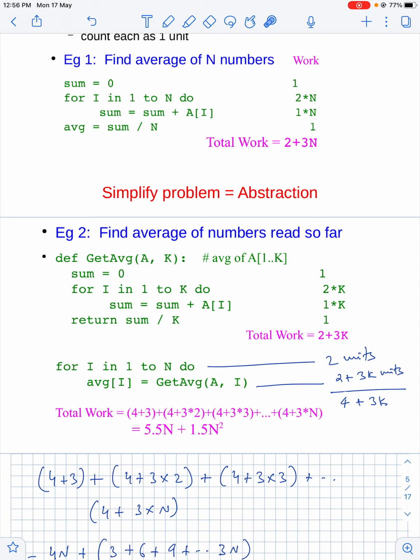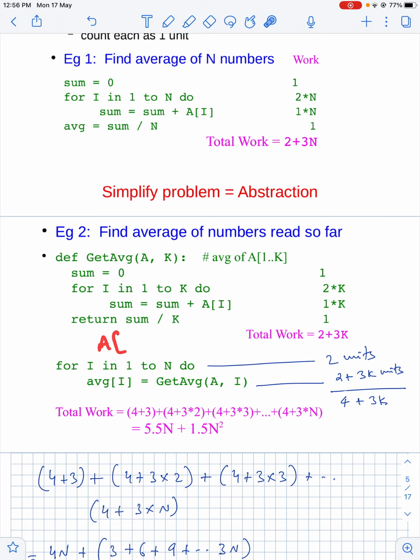Okay. So now for this I have a function here. So this is my code. So this is my main program. Here we are assuming that the input is already there in the array A. There is some list which is already pre-populated with the inputs, and so this is my A. So first I'm going to find the average of this, then I'm going to find the average of this 1 and 2, then the average of 1, 2 and 3, and so on. So that is how I'm finding the